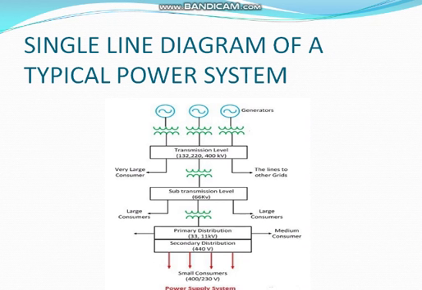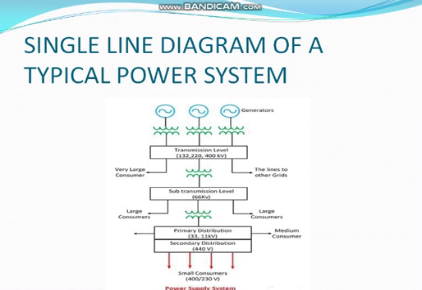Now after that, the distribution has come. The previous one is the secondary transmission, and now the distribution part has come. At first, the 66 kV voltage is stepped down to 33 or 11 kV voltage with the help of a delta transformer, and it is supplied to the medium consumer or commercial consumer, to offices, colleges, or small scale industry.